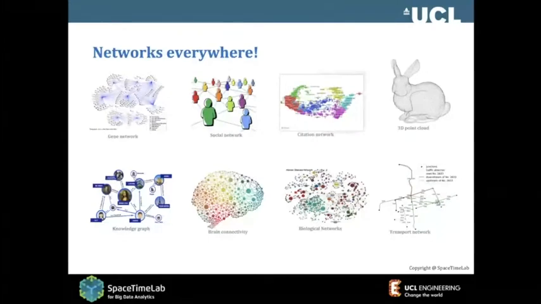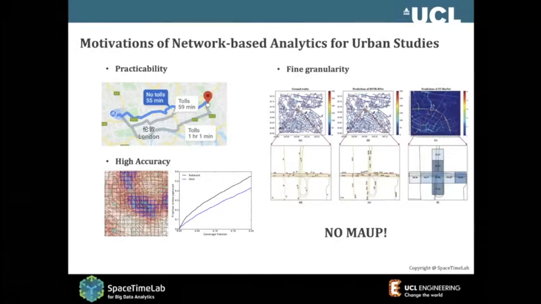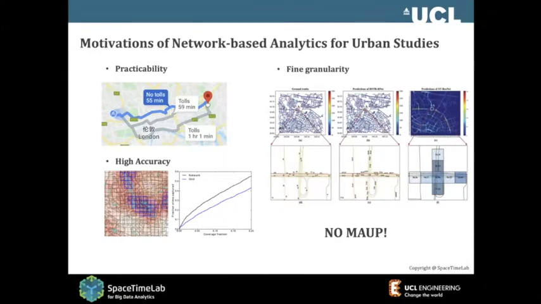Under the Internet of Things, you can say networks right now are everywhere, from GI networks to social networks to transport networks. So we are in the era of networks. That's probably one of the reasons we want the network-based approach. But actually, more than that, the theme of this conference is AI and urban analytics. Lots of things happening are urban analytics. What is really urban? Actually, urban is a place connected by networks.